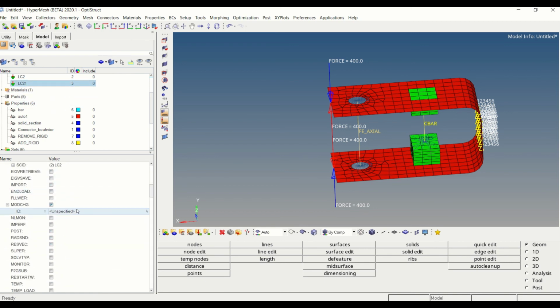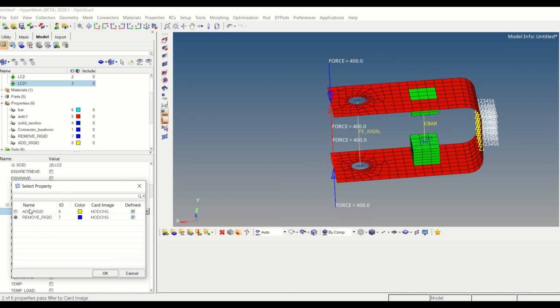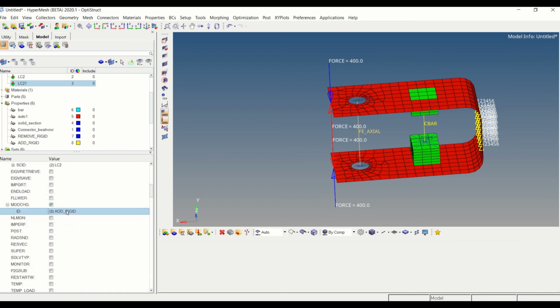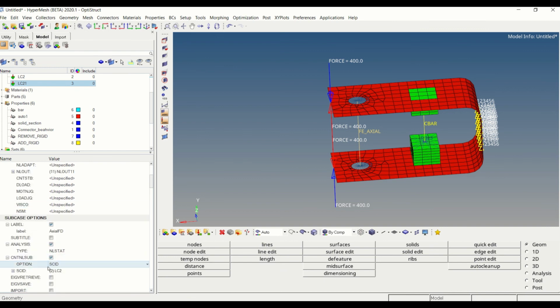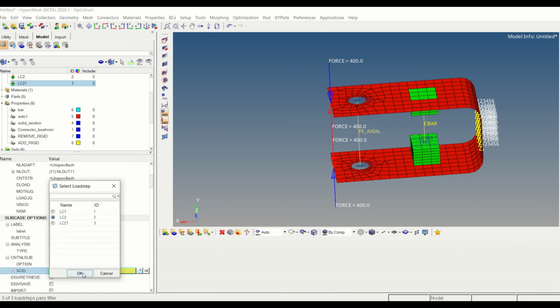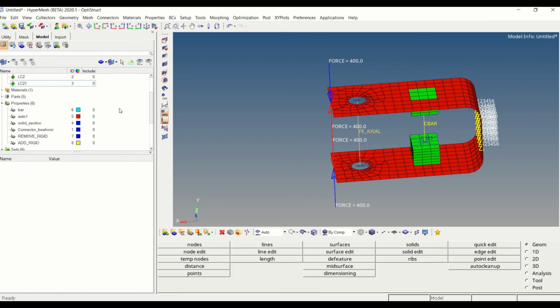So selecting the add model change here, and under the CNTNL SUB I am going to select the second load step, that is the previous load step, and after that export the solver deck and solve it using the OptiStruct solver.